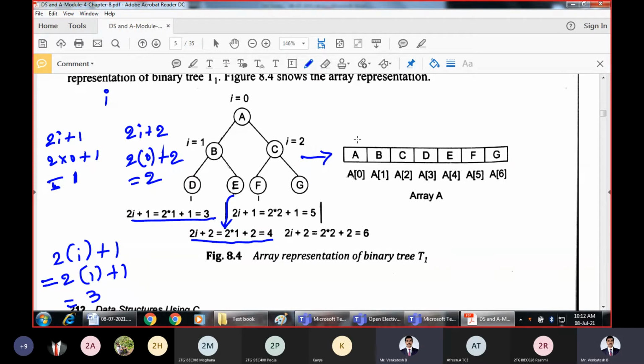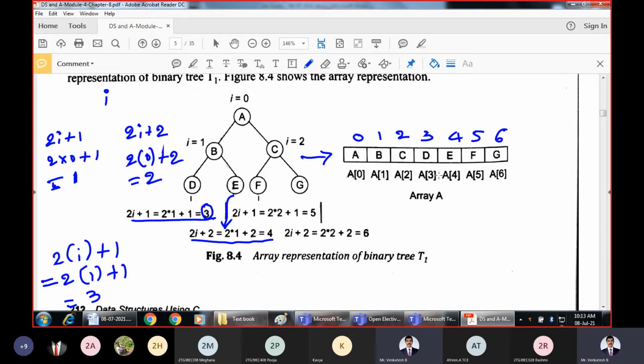These are the index values 0, 1, 2, 3, 4, 5 and 6. Now, as you can see, based on these labels, the nodes are occupying the corresponding positions in the array. The root element A is occupying the 0th index, then D is occupying the 3rd index, since the calculated index for D is 3.